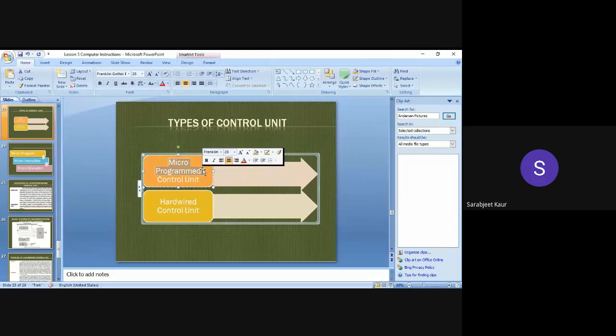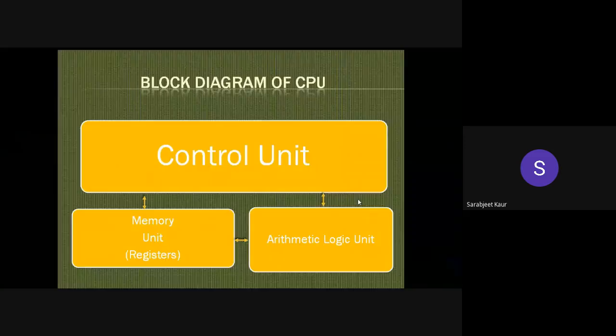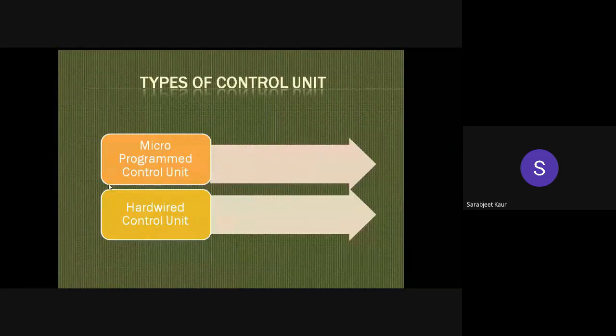What is easier? Ma'am, microprogram. Yes. And so that is why, please see that this kind of a control unit has an